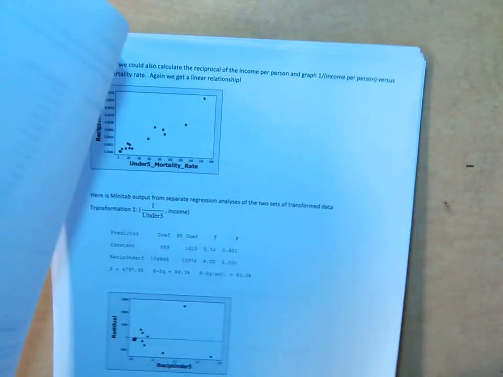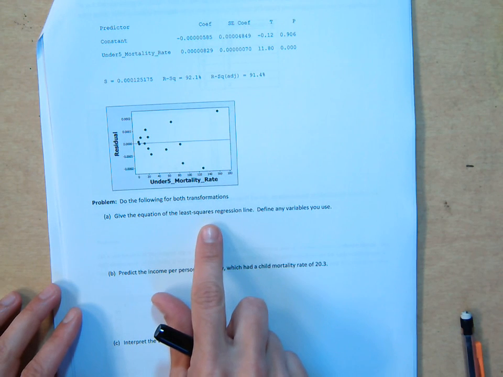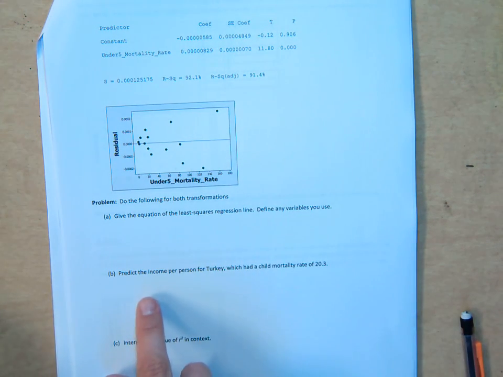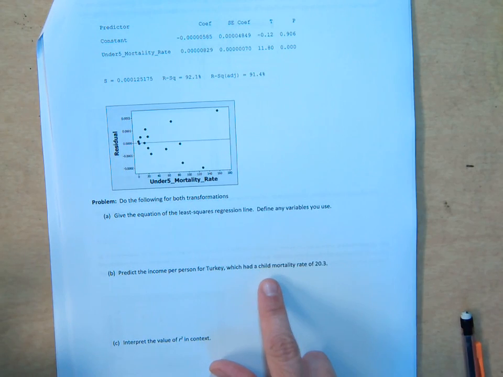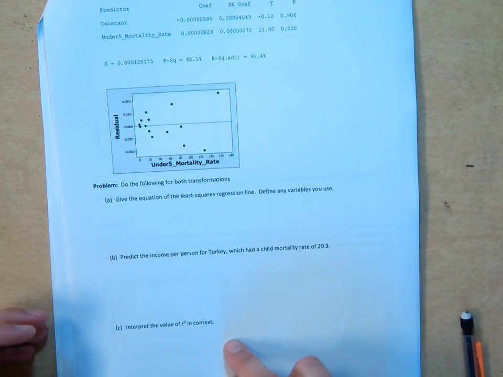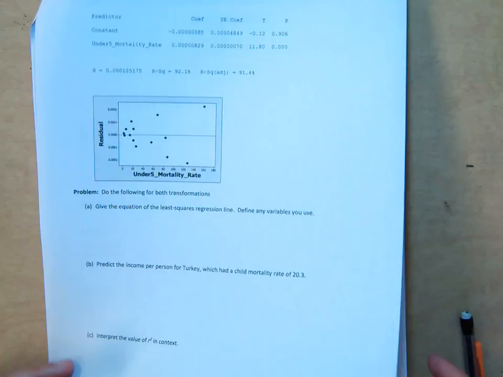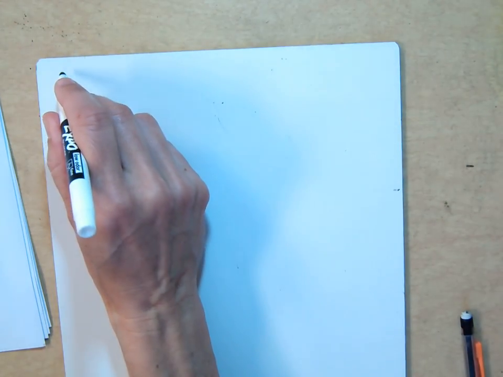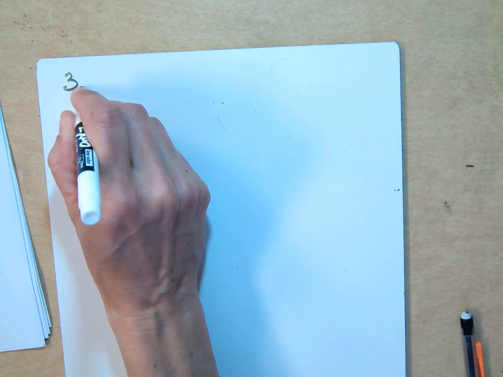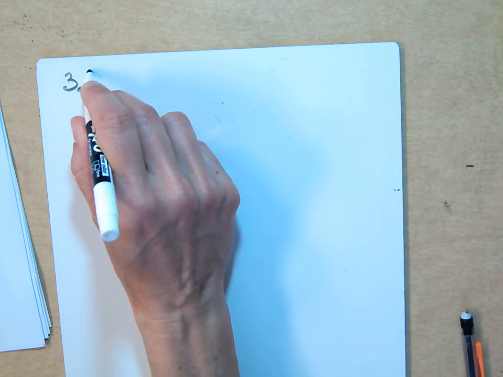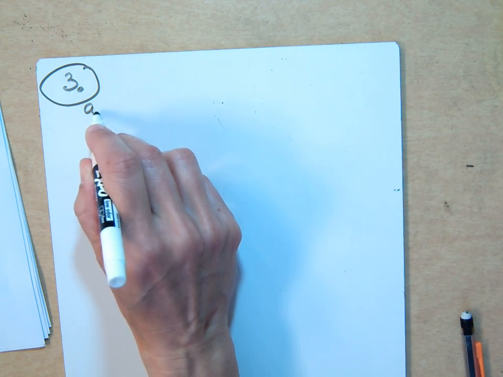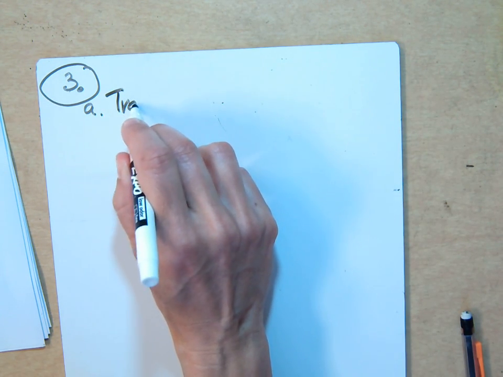So we are going to give the equation for each least squared regression line. We want the equation of the least squared regression line for each transformation, predict the income using each of the different models, and then interpret r squared for this one. Okay, so this is extra example number 3. So part A. If we look at transformation 1,